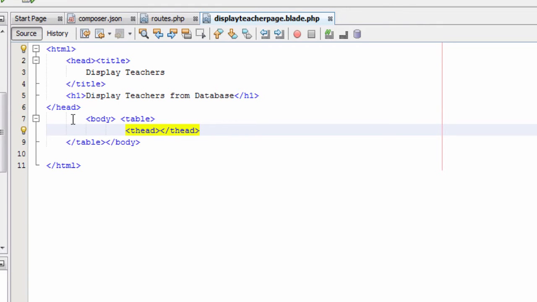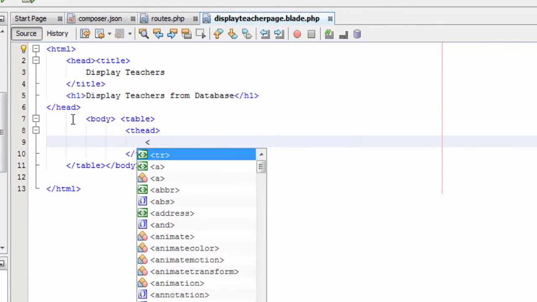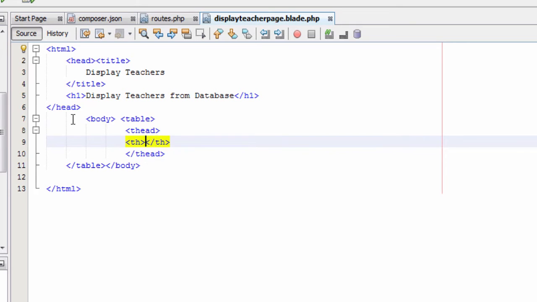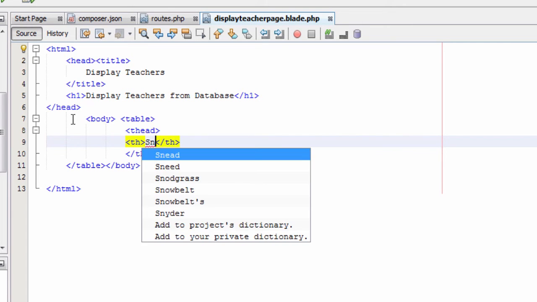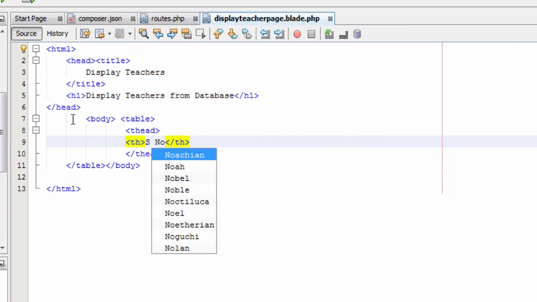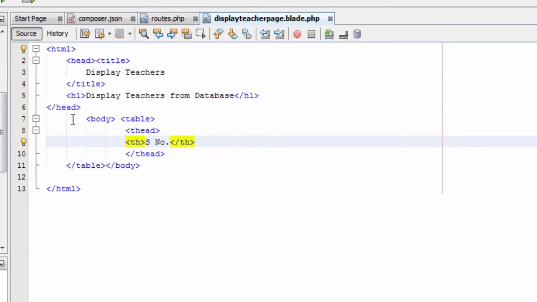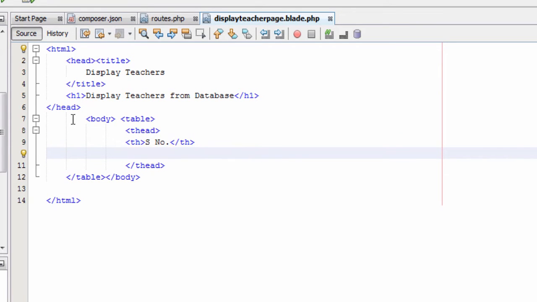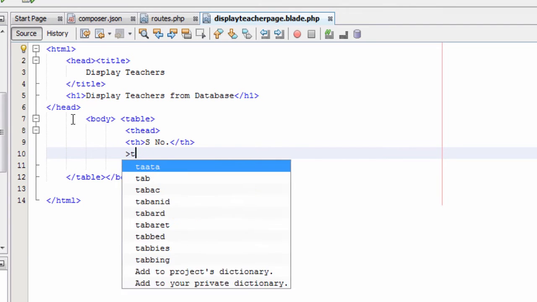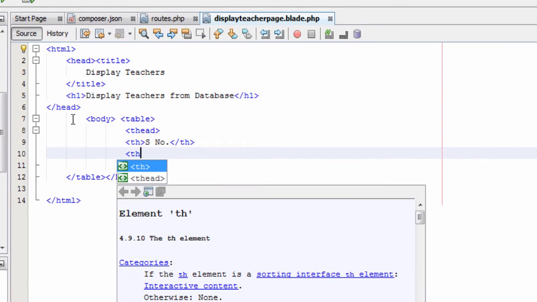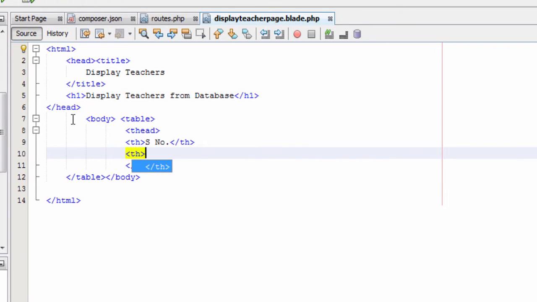Inside the table tag type a thead tag and a closing thead tag. Inside the thead, that is called table header, type a th tag, that is table heading, and a closing th tag.